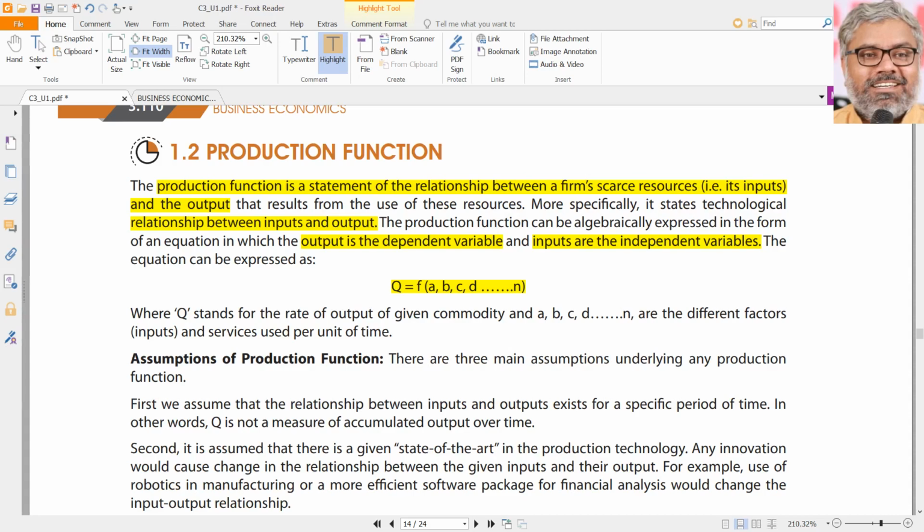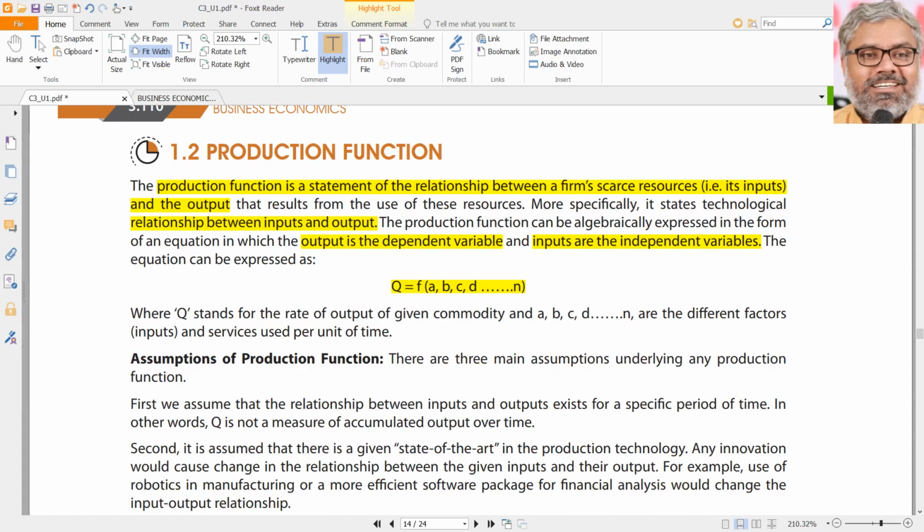But what is the function? What is the relation between Q and A, B, C, D? That we are not able to tell without any derivation of the production function. If we can do that, what we get is a PhD. So for any particular situation, if a production function can be actually mathematically derived, that is altogether a research project, which we are not going to do. But certainly what we are going to know is,